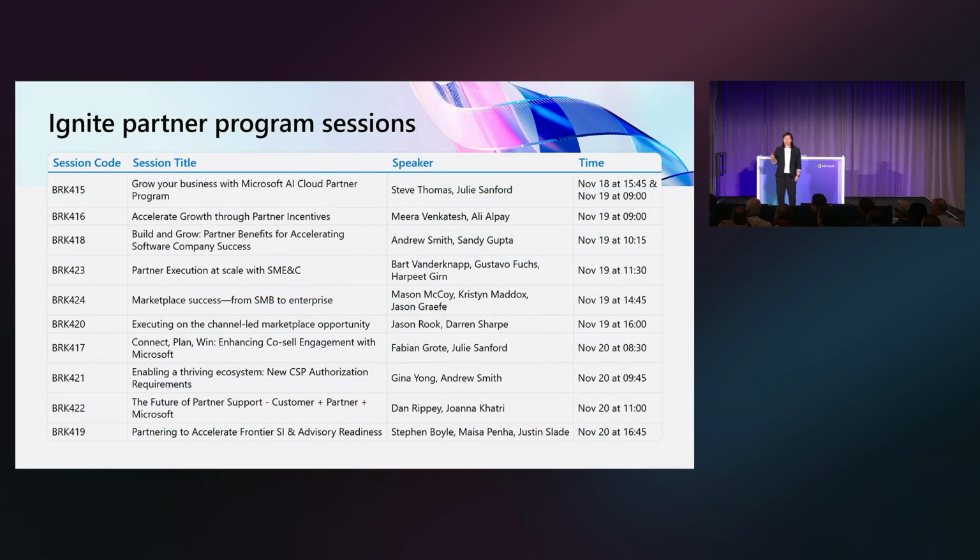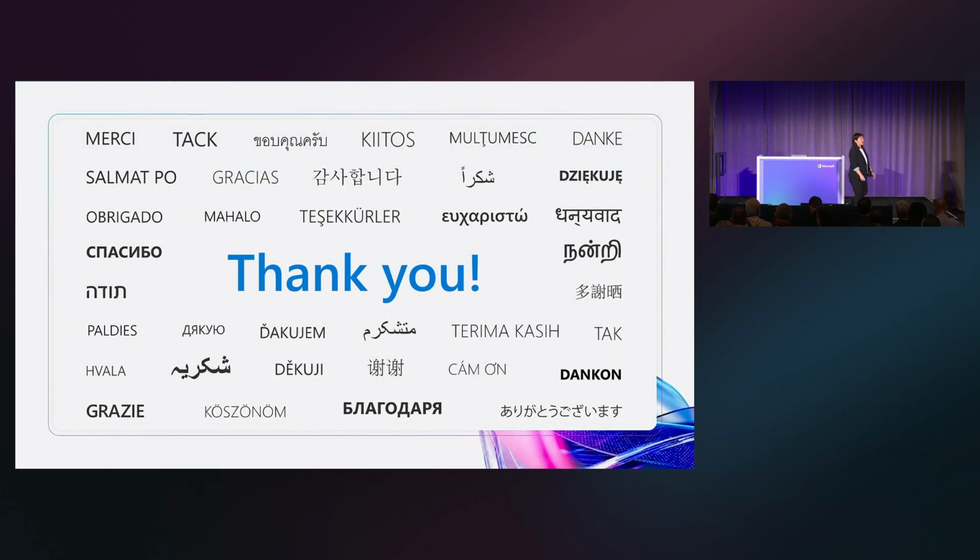These are all the other sessions that we have today. Andrew talked about the one that is going to be for support. So please go take a look, the future of partner support. That's PBRK422, right? It's at 11 o'clock. And the rest, if you have not gone to them, they are going to be available. Make sure you go and download and review the recording, because understanding the full investments, the full direction of where we're going in the CSP ecosystem is going to be helpful for you, right? Okay, I've come to the end of my sessions.